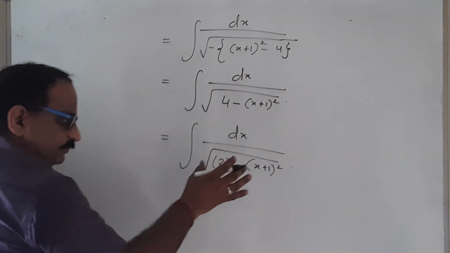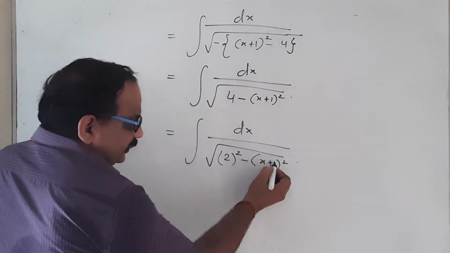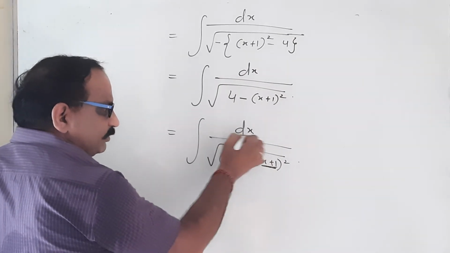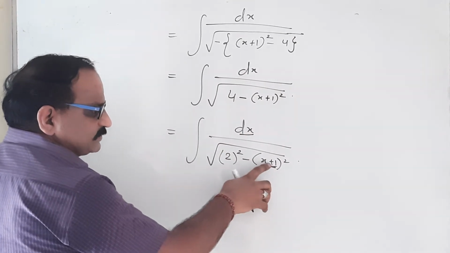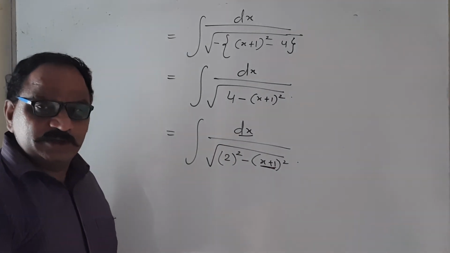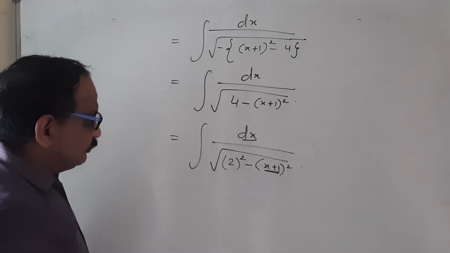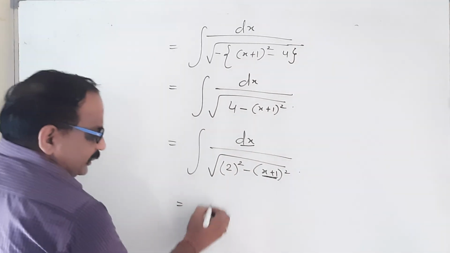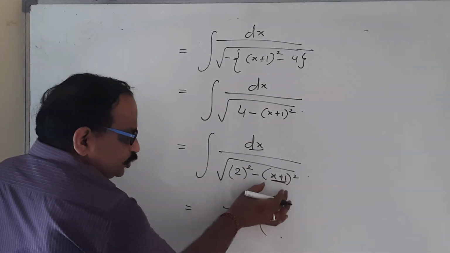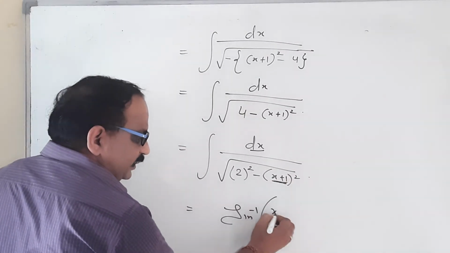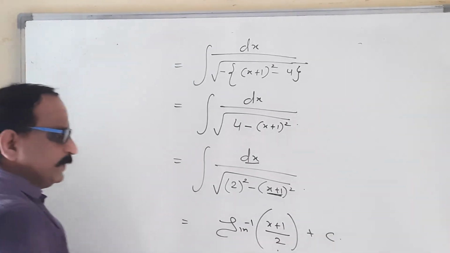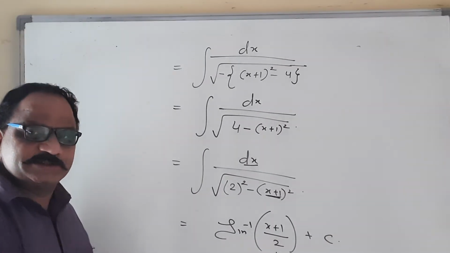Fine. So before that we should take care of what the square is that we are having inside the part. This differentiation should be in the numerator. If I am going to differentiate x plus 1, then the result comes to us as dx. So we are able to put the formula. If it does not happen right here, then we should not use the formula. So here the formulation is sine inverse. In place of x, we should put the entire portion that we have. x plus 1 by 2 and plus c. That is the solution of these cases.